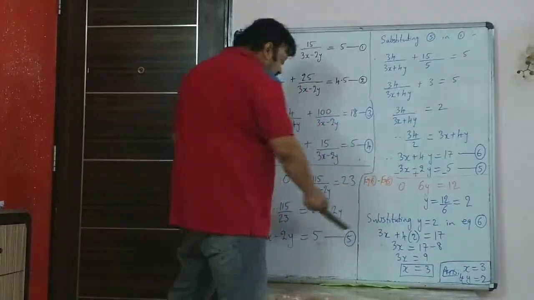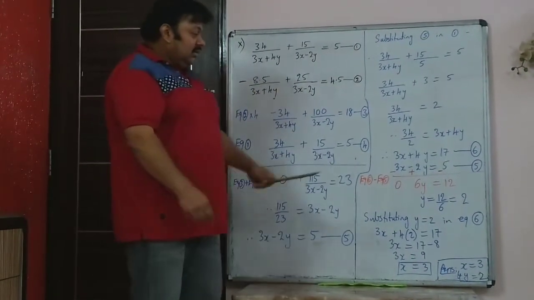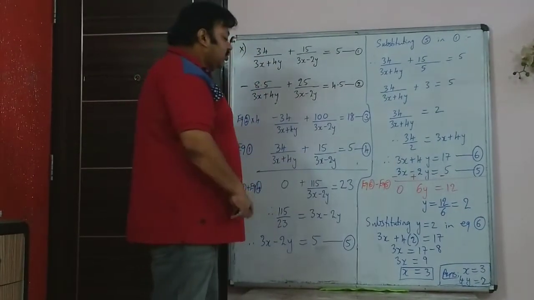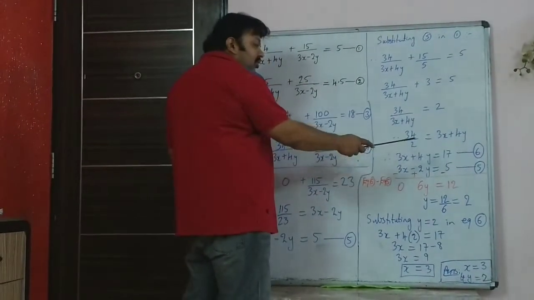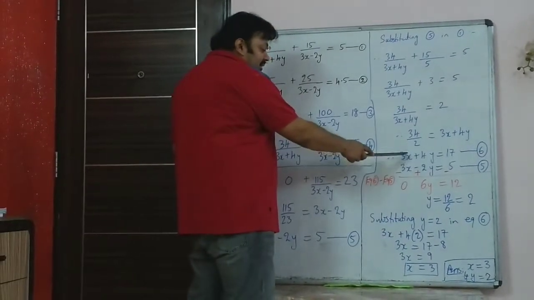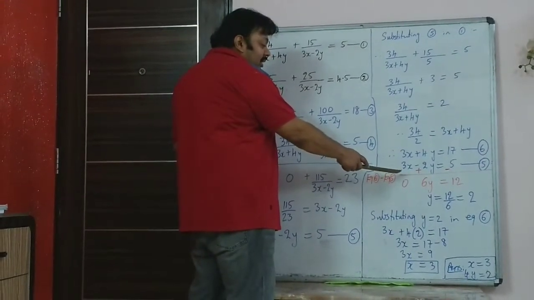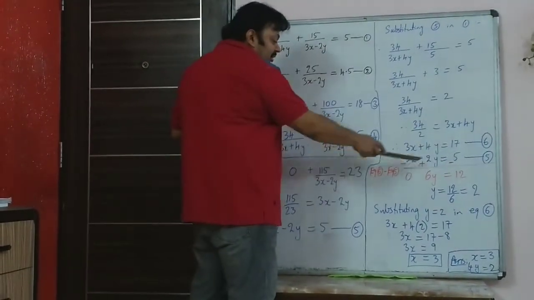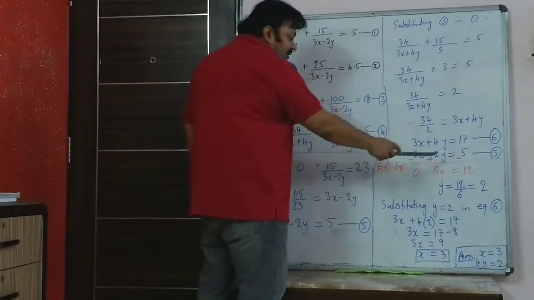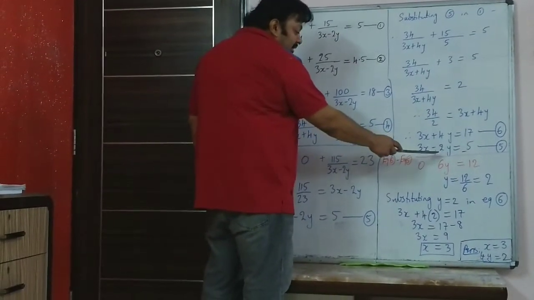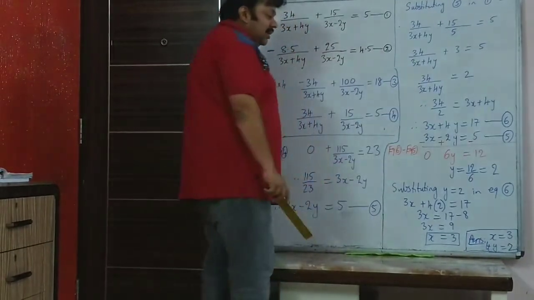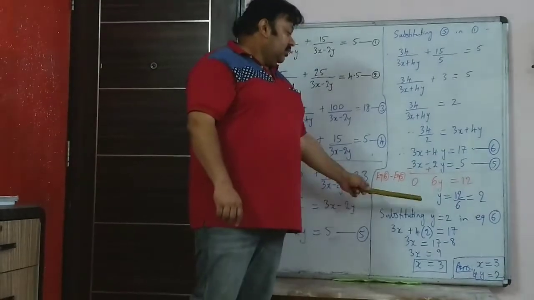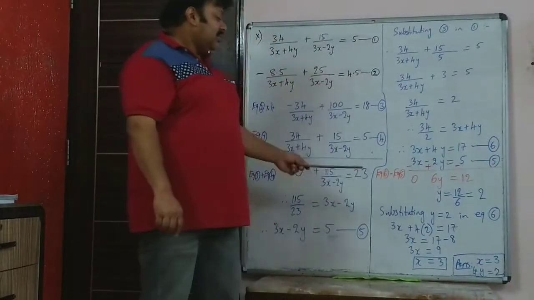And the other simple equation, you had got equation 5, 3x minus 2y is 5, that is rewritten there. Now we can solve these two. These have the same coefficient, so no need to multiply anything. So 3x, 3x will get cancelled when you do a minus. The sign will change for each of the terms when you do equation 6 minus equation 5. So all of the three signs will change, plus became minus, minus will become plus, and here the plus becomes minus. So it becomes 0 plus 6y equal to 12. So y is equal to 12 upon 6, which is 2.